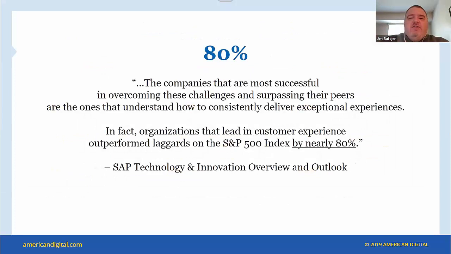I think this is an interesting stat that really just hit me square between the eyes. The companies that sense and respond, and are able to respond and then innovate to deliver exceptional customer experience, and if you're either a wholesaler or manufacturer, it's who's the customer of your customer, how does the public or the consumer deal with your product or service? Those leaders in delivering exceptional experience outperform their peers in the S&P by nearly 80%. I think that's tremendously telling when it comes to companies that are on top of it and winning in the marketplace versus those that are experiencing a lot of challenges.